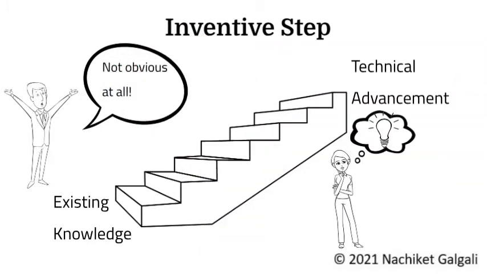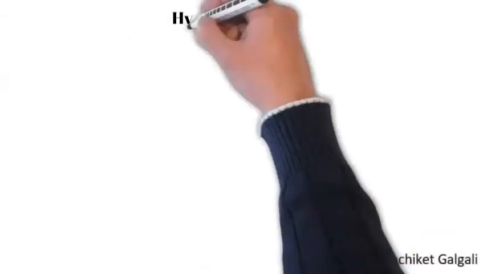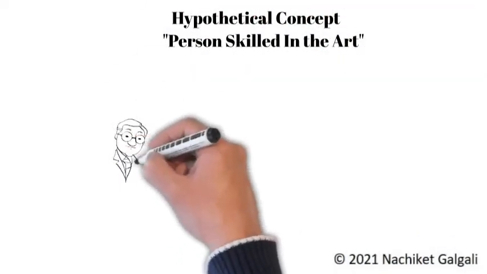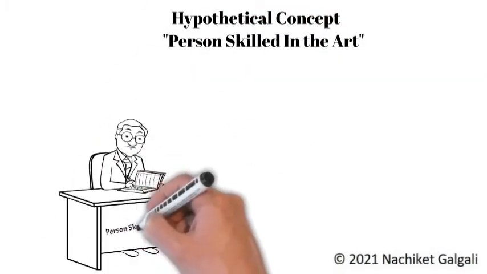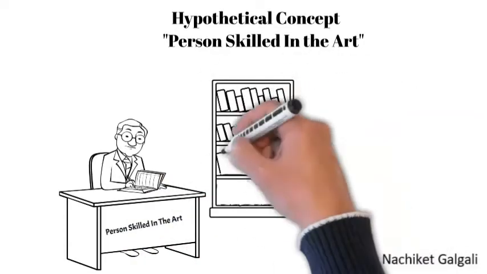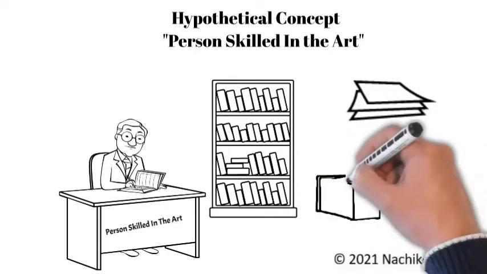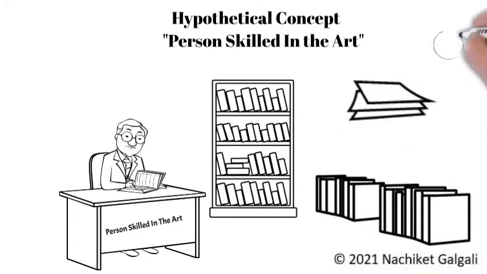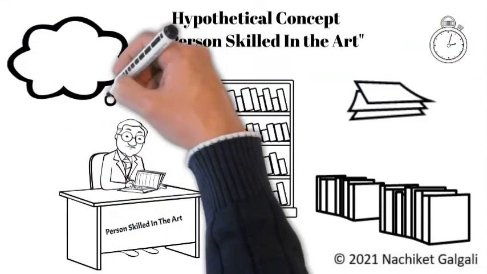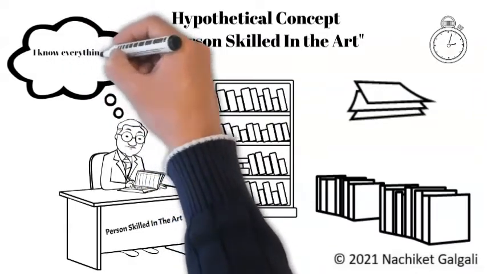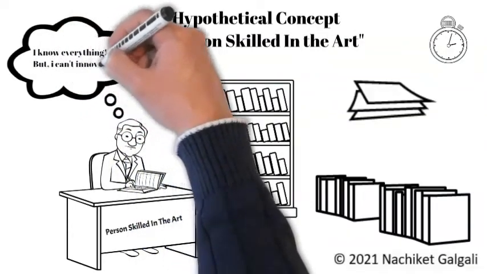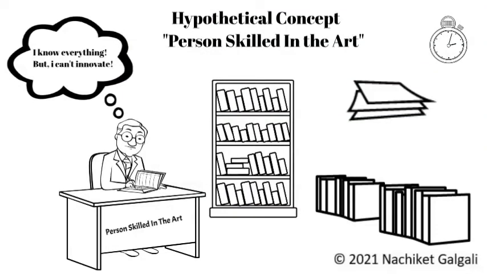Now let us try to understand who this person skilled in the art is. A person skilled in the art is one who has read each and every book, every document, and understood every teaching material available so far at that point in time in that particular subject. However, he lacks the ability to invent anything on his own. In other words, non-obvious to the person skilled in the art means the invention must add to the knowledge of science and technology. It must push the frontiers of the existing art.